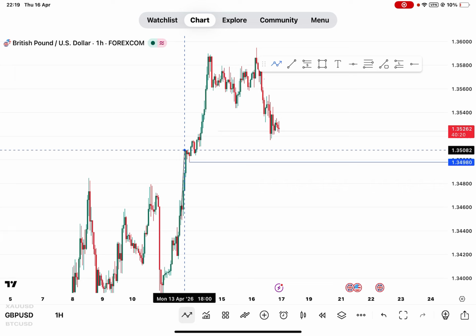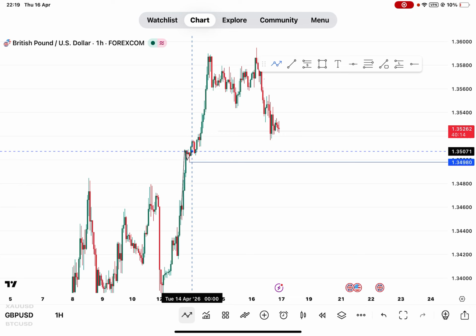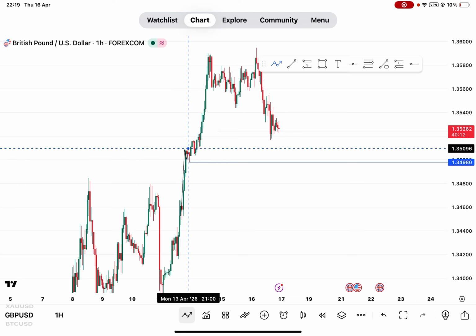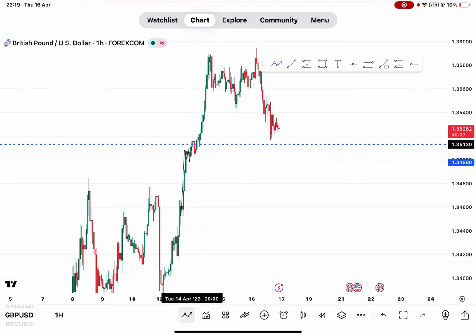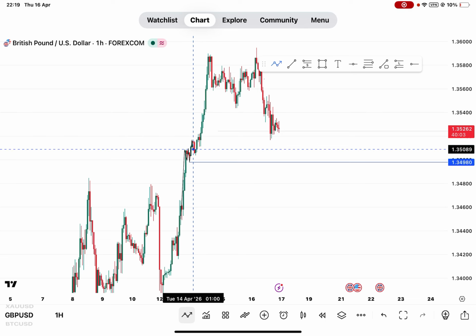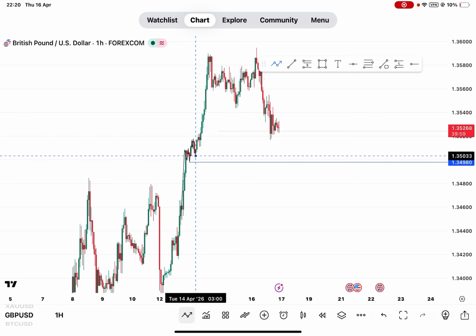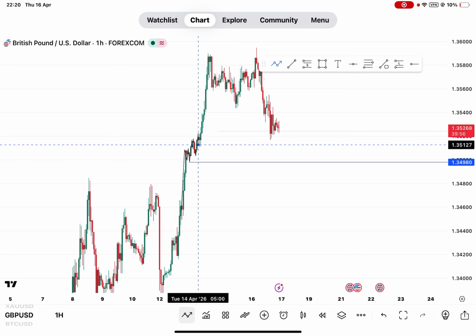Protected low is a low that swept liquidity. So we have this higher high, we have this higher low, we have this higher high, and it came to sweep this liquidity, which is this higher low. So this is a protected low, and the market went up again, made this higher high, then pulled back again, higher low, went up, higher high, then swept this liquidity again, and then pulled up, and it continued again.